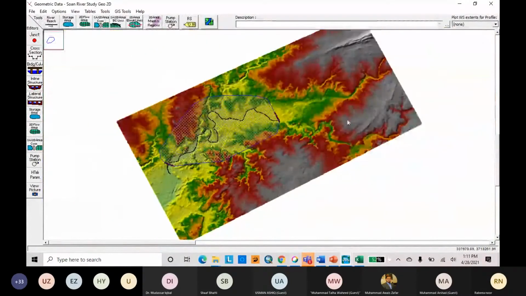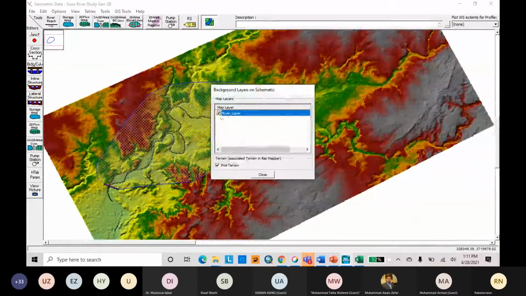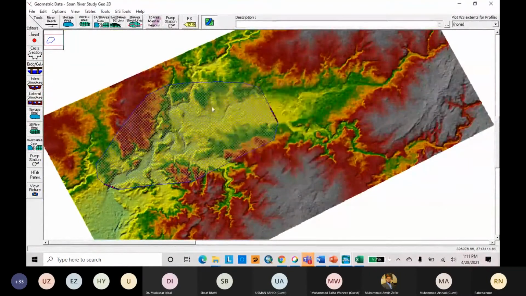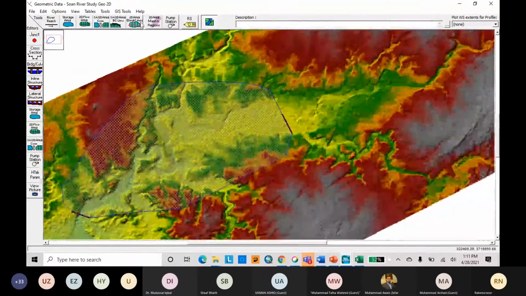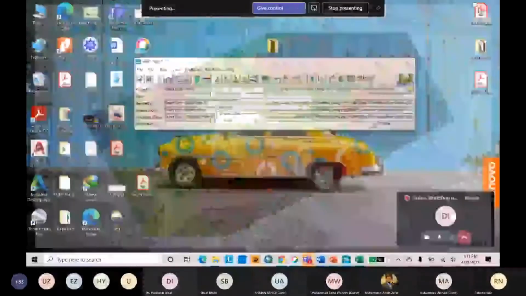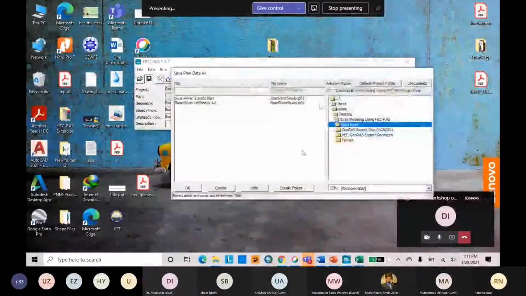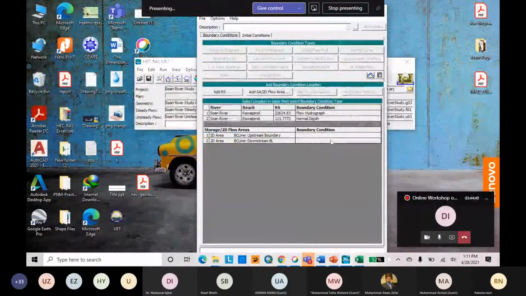Okay. I am skipping the creation of break lines to save time. Otherwise, you can see where my pointer is heading. You can draw the break line. Okay. Now we have to specify the upstream input data and downstream input data.